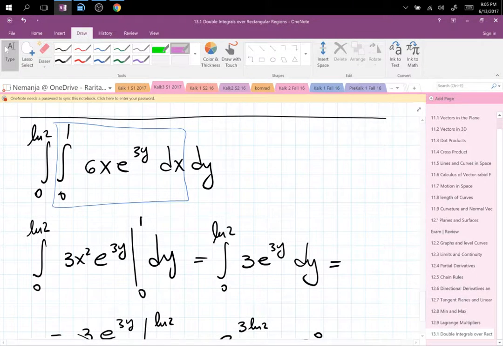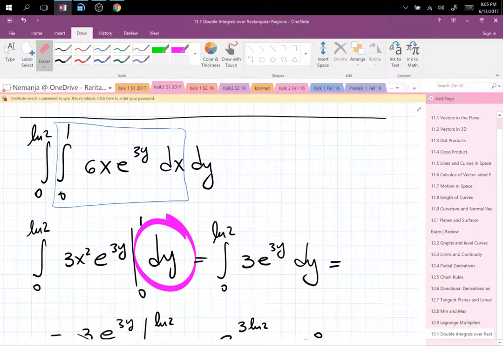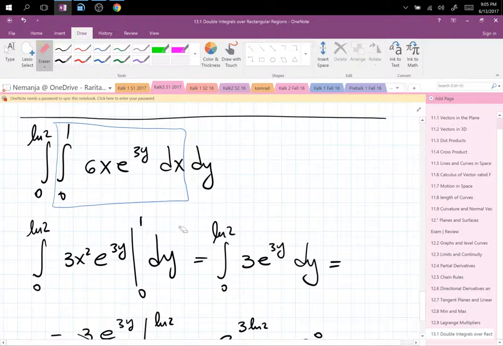But you have to realize that you haven't integrated in respect to y yet, so you can't plug into y. So pay attention at all times what you're doing. Try to focus, because most of this stuff is just really picky. It's very easy. As you can see, you are doing 2 Calc 1 integrals nested. Just be careful. Yeah. So as long as the integral and the dx or dy match, it doesn't matter what